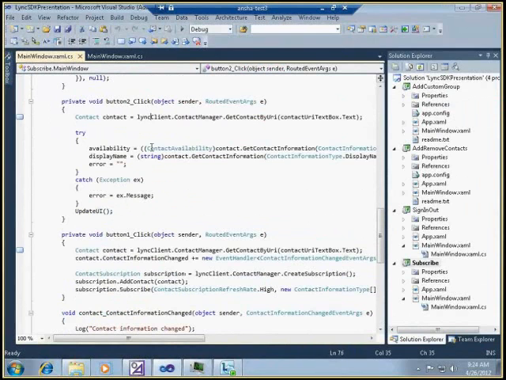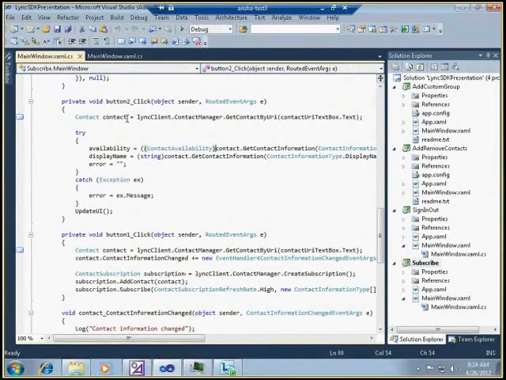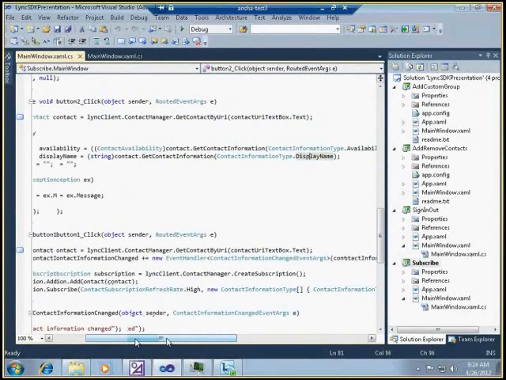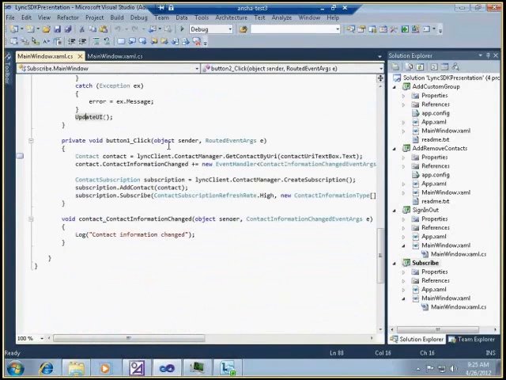So here's the code that we get contact information. We get the contact, and then call get contact information for the availability and the display name, and then update UI. If we want to subscribe for that contact, we need to get the contact first, register